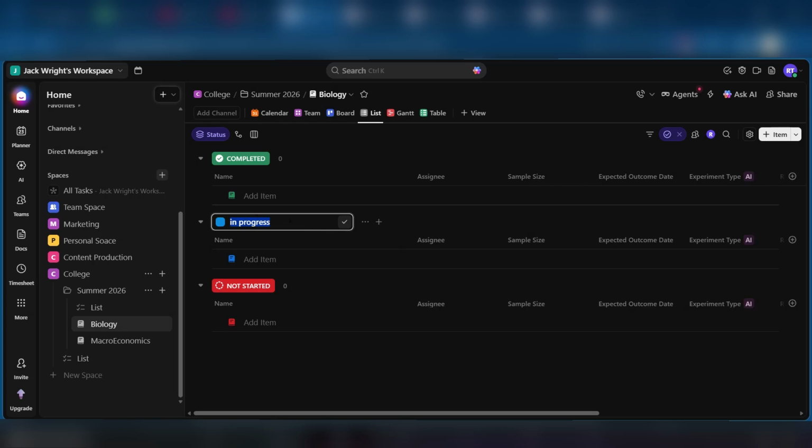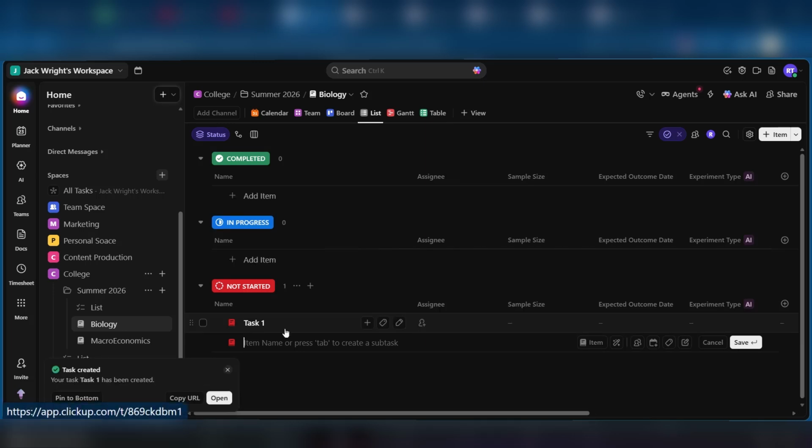So once you click on the status, it allows you to make the change you want. So for example, if we want to come over to the not started, let's say you received an assignment, you could just say task 1, it could be anything, click enter, and then it will save it. If you hover over this area right here, you could add a subtask, you could edit tasks, you could rename